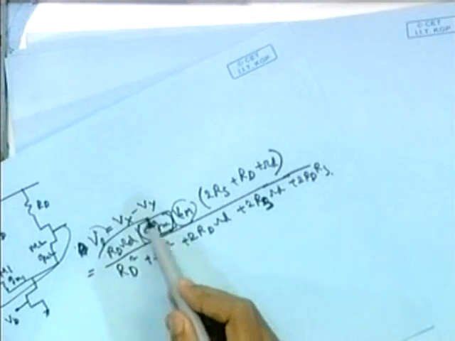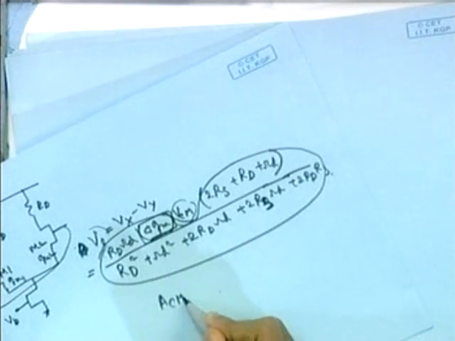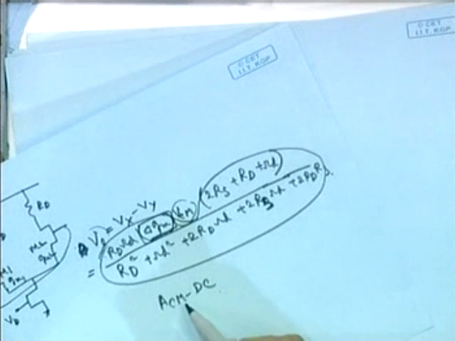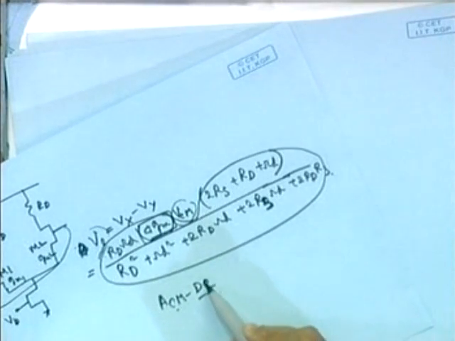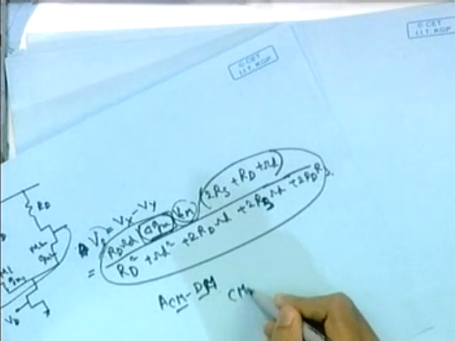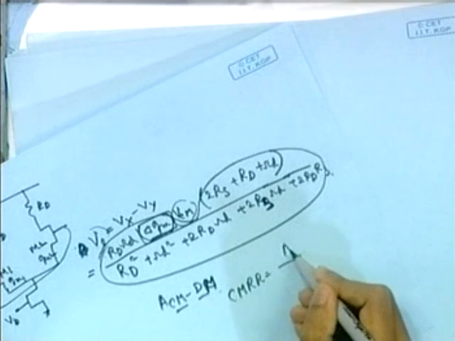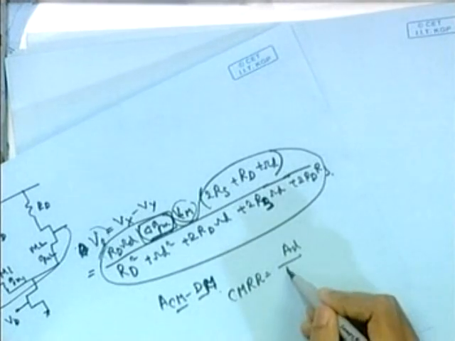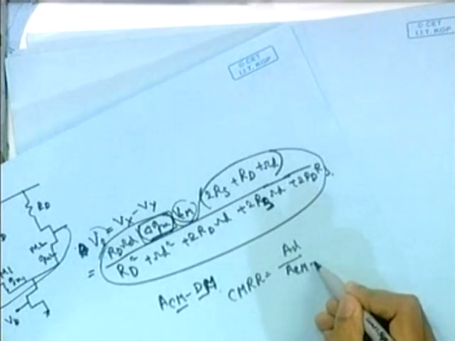So this gain, this factor, is known as ACM to DM, because this is the gain of common mode to differential mode gain, and our CMRR is defined as AD, the differential gain, divided by this gain. And in my previous circuit,